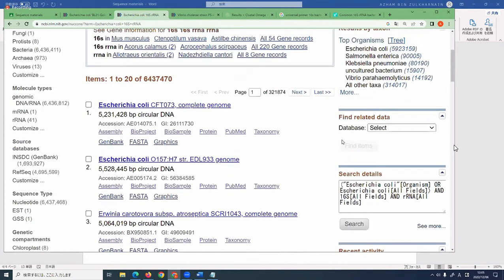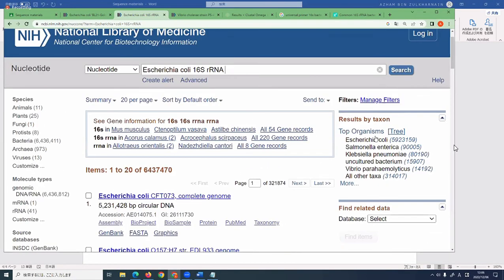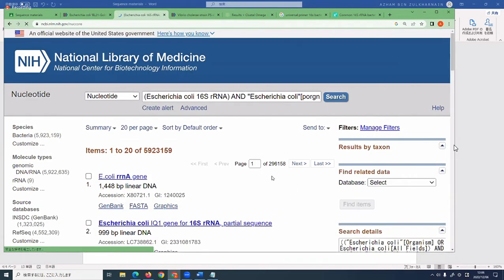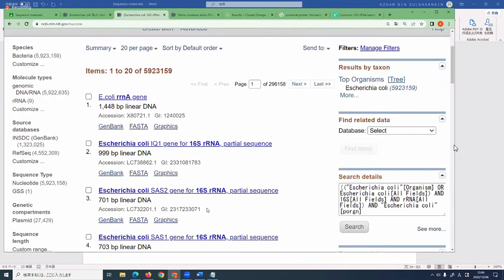Those are different organisms. So you can use the menu over here to limit your search to specific organisms. If you're looking only for E. coli, you can click E. coli there. Let me see, it's not responding, it's responding now. So you will get only E. coli, all right? But there's also a problem because now you're looking at